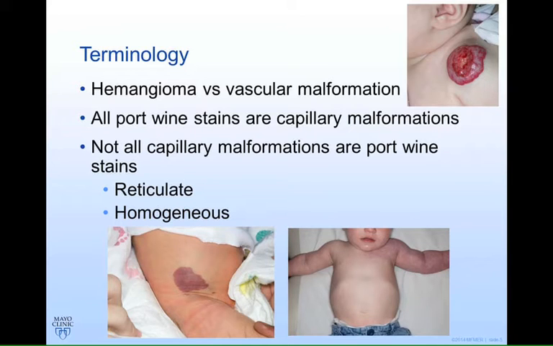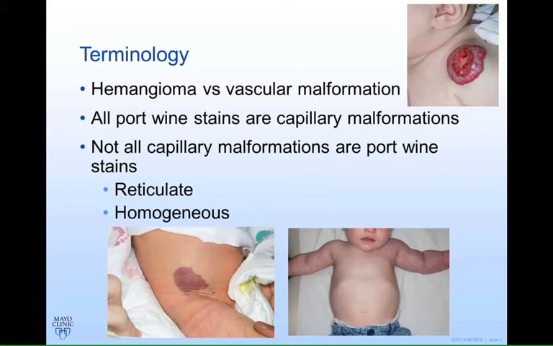And as far as port wine stains and capillary malformations, that's changing as well. What is the difference between the terms? Often they're used interchangeably too. One way to think about it would be that all port wine stains are capillary malformations, but not all capillary malformations are port wine stains. We probably don't understand as much as we thought we did about these, and they're probably on a bit of a spectrum. So capillary malformation is probably the best term that we have.